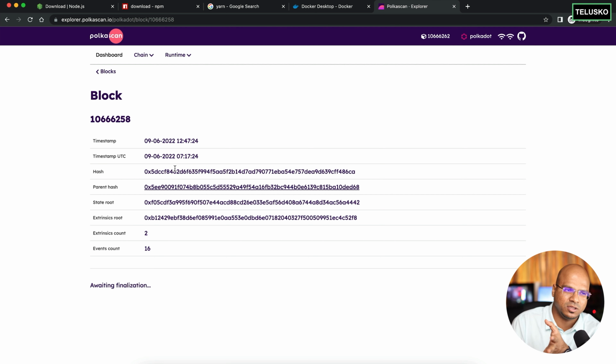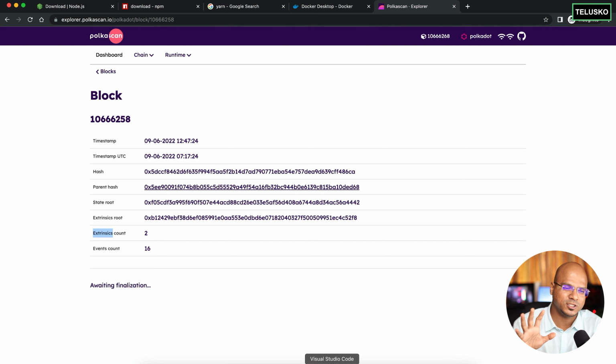It is indexing the blocks. So these are the things we need. Maybe I will try to fetch the origin. I will try to fetch the extrinsic. Basically, in the Polkadot network or Substrate network, you have certain things there. We have events, we have extrinsics, we have calls. In fact, we have calls in Avalanche, if I'm not wrong. No, we have logs in Avalanche. So basically we have multiple things to work with, multiple handlers to work with. So we'll see those one by one.